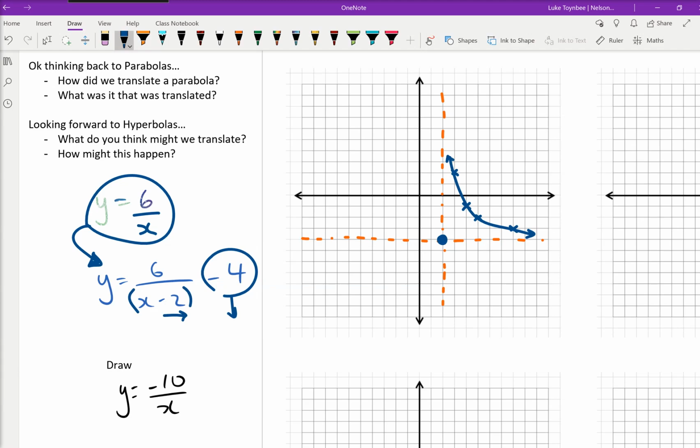Other side. Make sure you have your 2 sides. So across 2 down 3, across 3 down 2, 1 and 6. Okay, so there's my graph. Obviously not the dot in the middle, but there is my hyperbola. So do the hyperbolas touch the x-axis and the y-axis? They don't, do they? No. That's just the asymptotes, okay? So make sure you are aware of that. Hyperbolas can touch the x and y-axis, but it would have some sort of translation around it. Okay? Any questions with that stuff? All right, what we'll do is we will